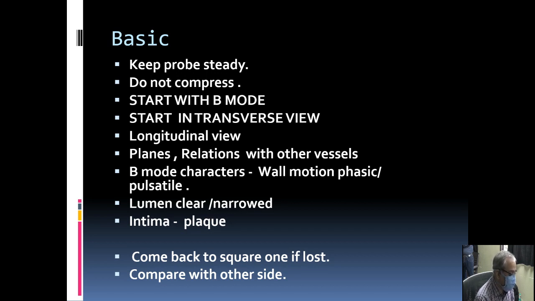So the basic difference between Doppler and ultrasound of the abdomen or obstetrics is that the area of interest is very small. It is hardly 10 millimeters, 20 millimeters, or a maximum of 25 millimeters in the aorta. So the field of interest is very small. So it is imperative for us to keep the probe steady, to keep the axis of the vessel. We should not move the probe much here and there. It is not a screening from one side to the other. So once we identify the vessel, we have to keep the probe steady, and for that matter our wrist or elbow should be comfortably steady or with support.